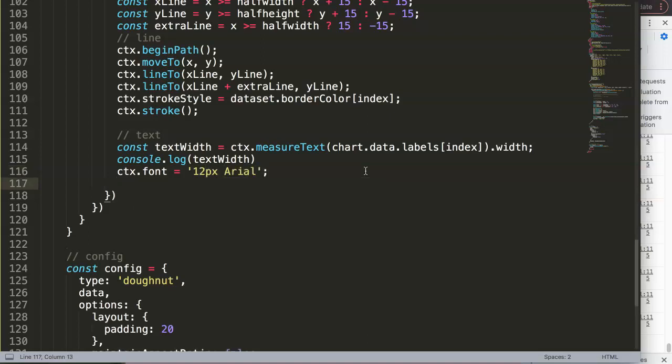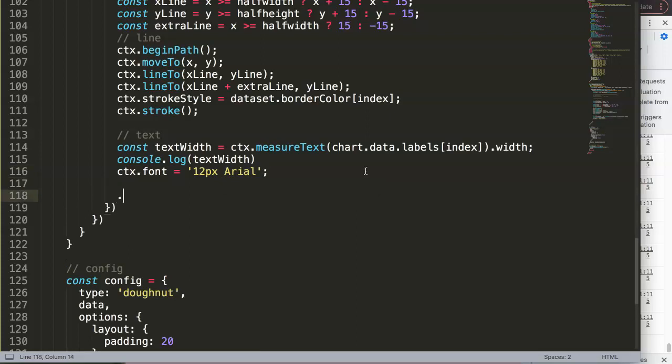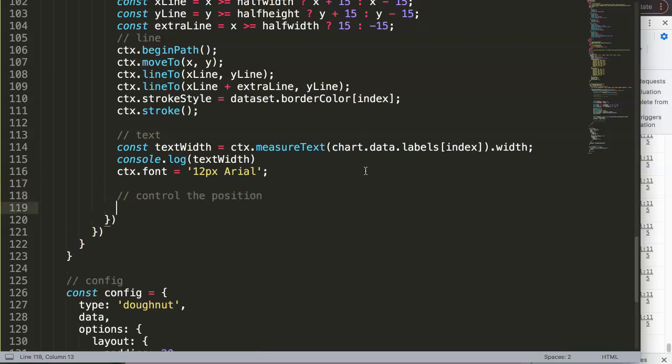Simple, nothing fancy. Then the next thing is to eventually set the position. Here I'm going to control the position, and this one is of course the most tricky one here. Now, first of all, let's add the text here. So I'm going to say the following,